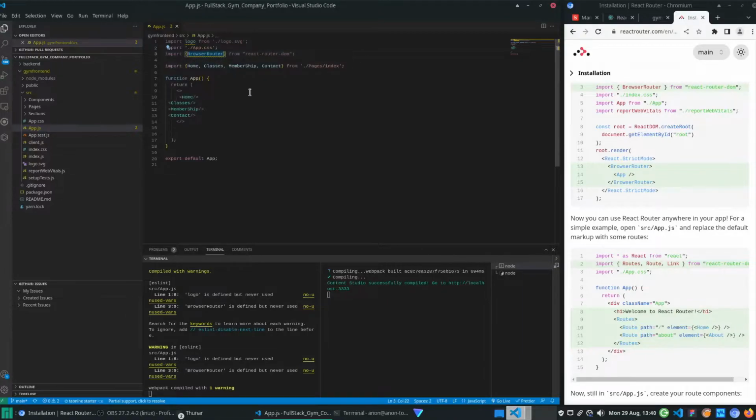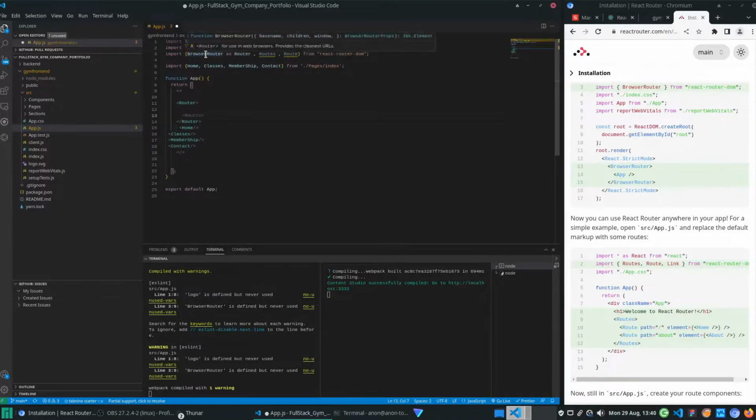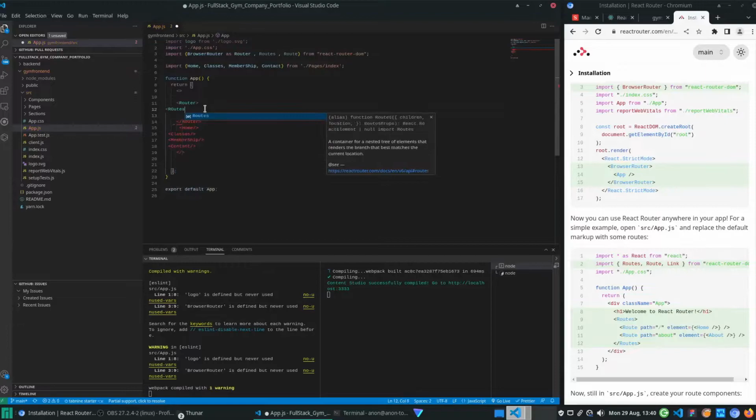And we could also do this: import BrowserRouter as Router, and we are also gonna import Routes and Route. Okay, so let's first off, like I said, wrap our application into a Router, which is basically the BrowserRouter. We're just renaming it. Inside that Router we're gonna add in Routes, which is gonna be the routes for all our pages,